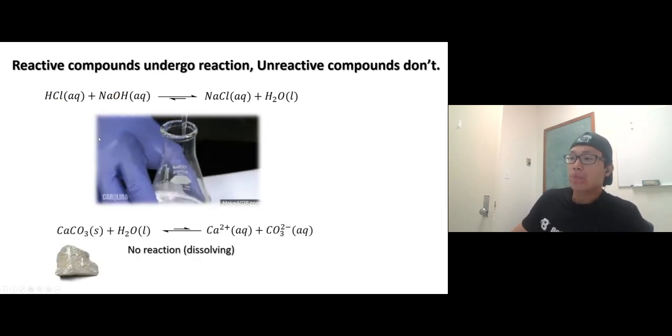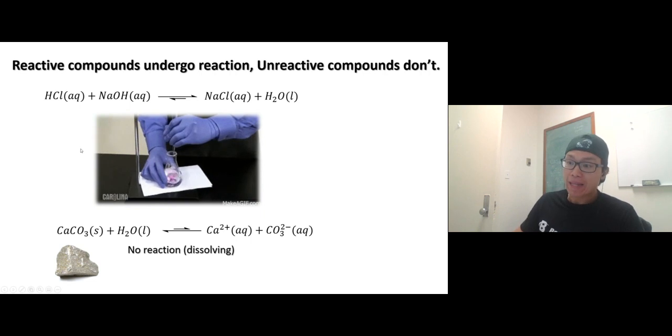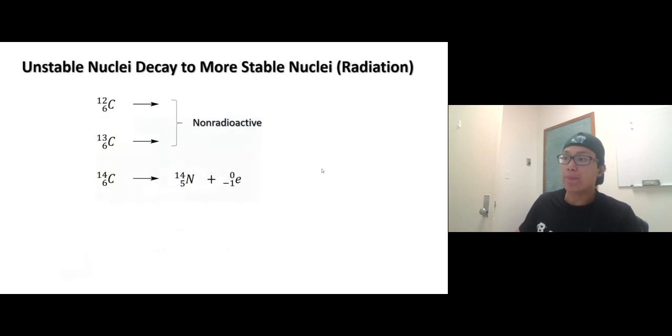The stable reactants, like calcium carbonate or limestone and water, don't react because they're stable, right? In nuclear chemistry, we talk about the stability of the nucleus. For example, here we have carbon 12, which is regular, normal carbon, the highest percent abundant, and